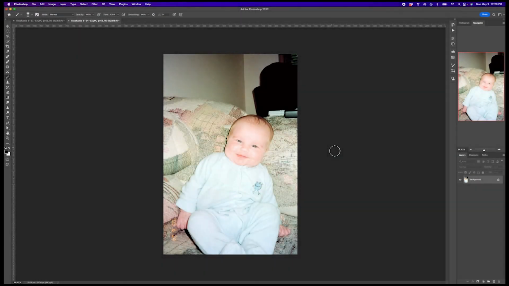In this video, we're going to discuss a little bit more about blending modes and what they are and how they work, specifically the multiply blending mode and how we're going to use it to recover exposure on overexposed photos